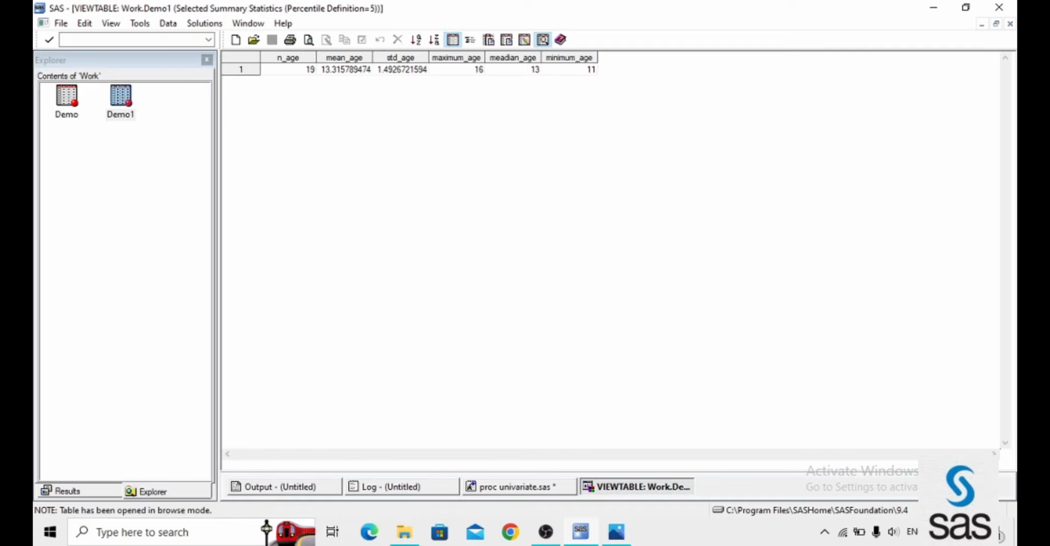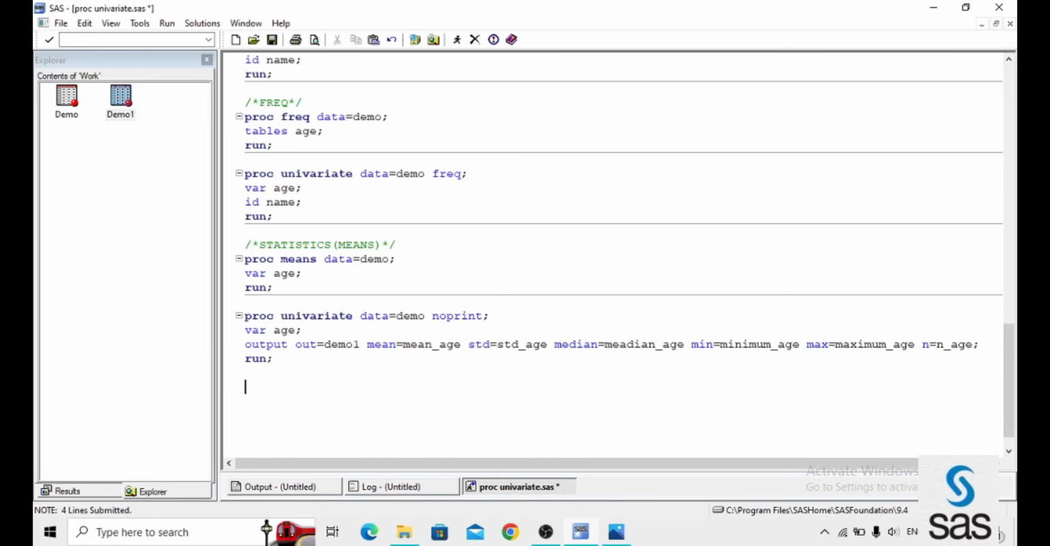Minimum is 11, we know that. Maximum is 16, we know that. Median is 13, and standard deviation, and mean, and n. Like this, we get the information whatever we get from the means also. Here we are getting only one variable's information, and if you want more than one variable, that is also